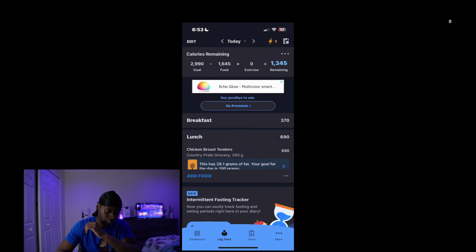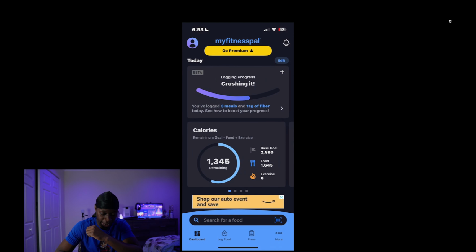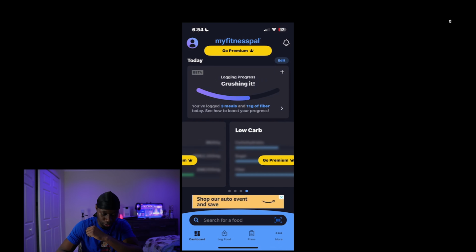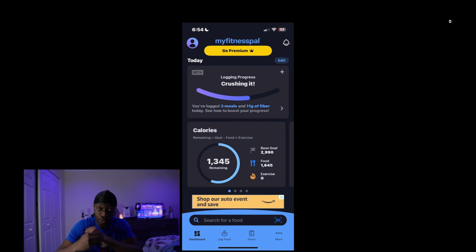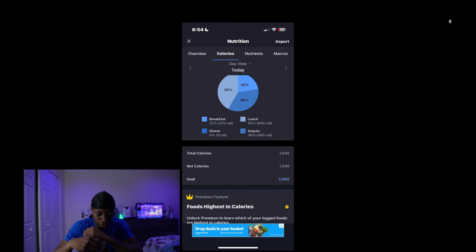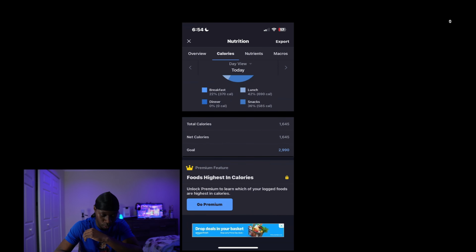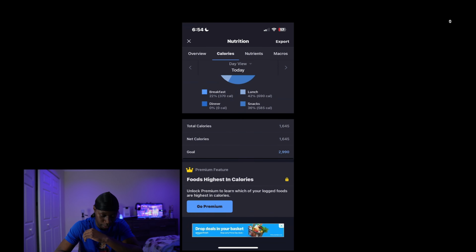First off, as you can see, we're going to go to dashboard, right? Then we're going to go over to calories. I want you guys to click this box. So don't worry about what's on the right. You have to pay for that. Right now we're focused on the free version. So we click that, then we can see our calories that we have for the day. We have breakfast, lunch, dinner, snacks. We're able to see the total calories that we have left for the day. We're able to see what we have net for the day, and we're able to see the goal that we